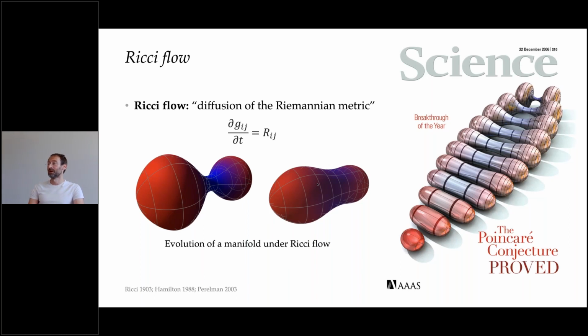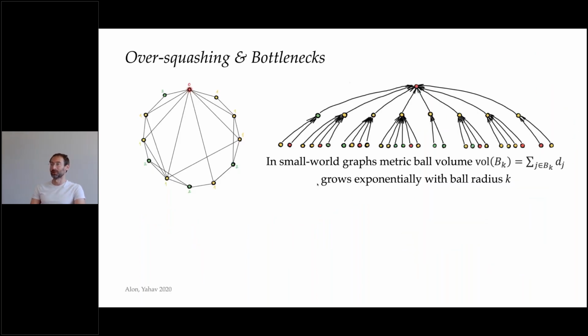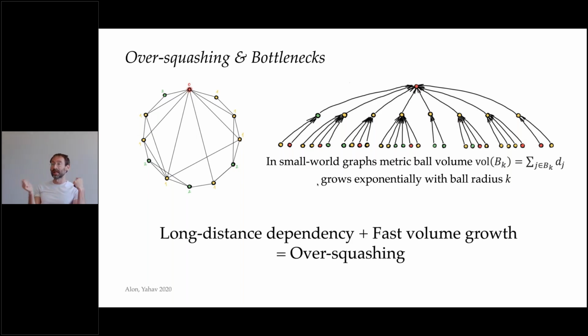So in our case for graphs, why would you at all bother to consider something like this? One of the common problems that you encounter in graph neural networks is the problem of oversquashing and bottlenecks. And what it is essentially is when you have graphs that have exponential volume growth. So you have a lot of neighbors as you go to the neighbors of the neighbors. So the number of neighbors becomes very large, and your task depends on long distance information. So what you get is that you have a lot of information to squeeze into a single feature vector. And this is a phenomenon that is called oversquashing.